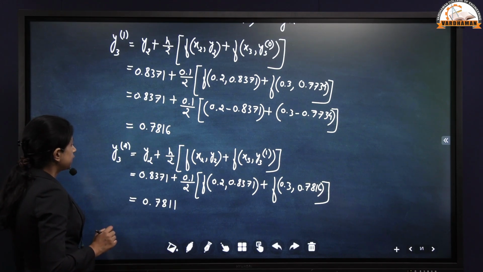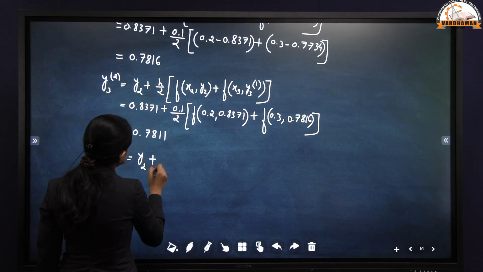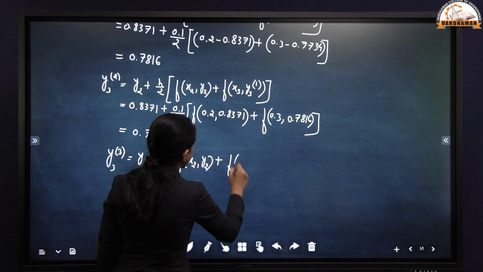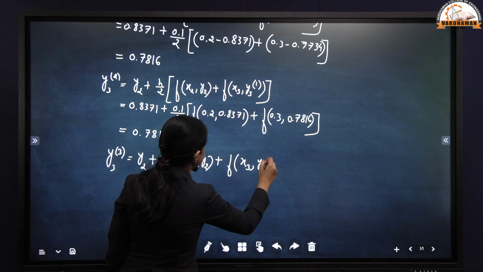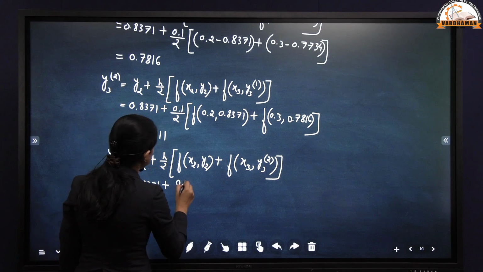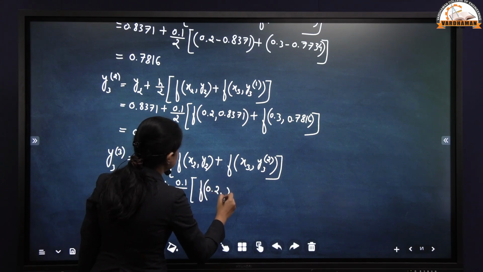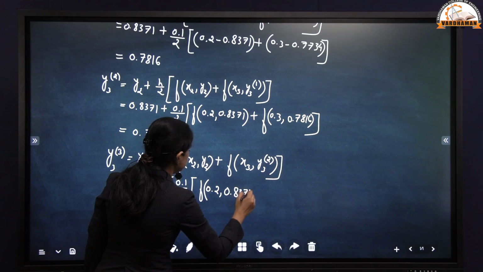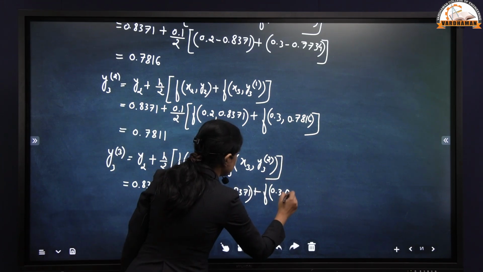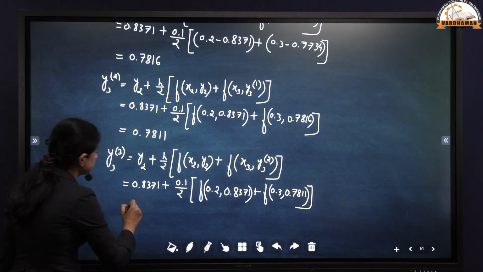Next, let us find y3³. y3³ is given by y2 plus h by 2, f of x2 comma y2 plus f of x3 comma y3². y2 is 0.8371 plus 0.1 by 2, f of x2 is 0.2, y2 is 0.8371 plus f of 0.3 and y3² is 0.7811. If we compute this value in calculator, we will get